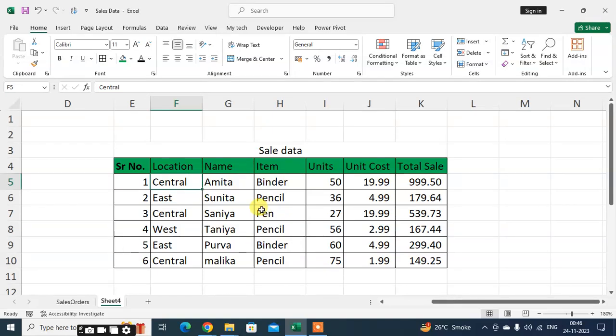In this video, we will see how to use Clipboard in Excel sheet. Okay, this is my data. I want to copy this first, fourth, and sixth row